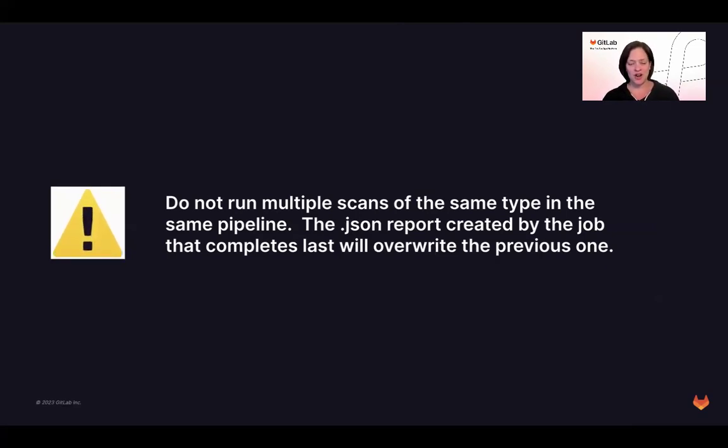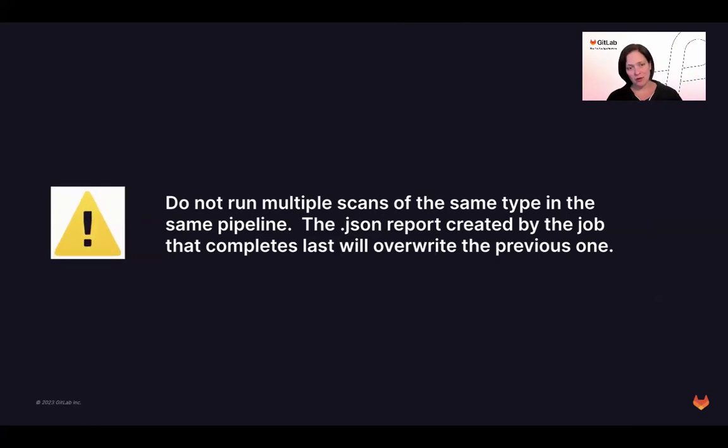A lot of customers have tried to have multiple container scans running in the same pipeline, each referring to a different Docker file. So container scan 1 scans based on Docker file 1, container scan 2 scans based on Docker file 2. When you have a large mono repo, you will often have cases where different modules have their own Docker files, so you want to scan each of them. If you just do it like brute force, container scan 1, container scan 2, each pointing to a different Docker file, extending the standard container scan, the first JSON report for container scanning gets created and uploaded as an artifact.